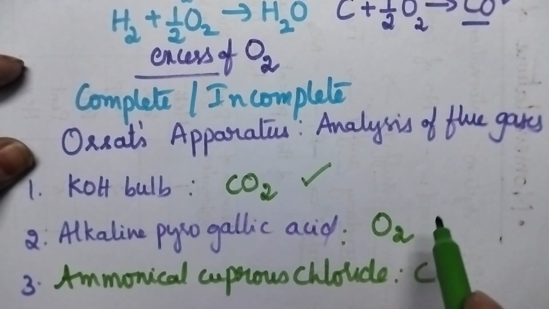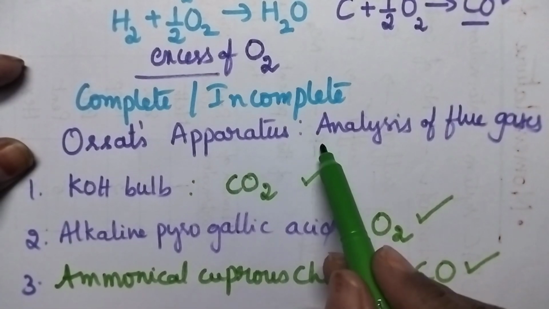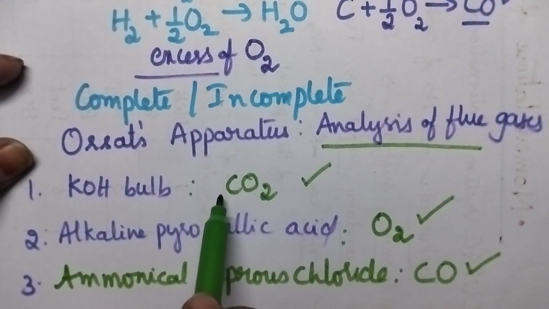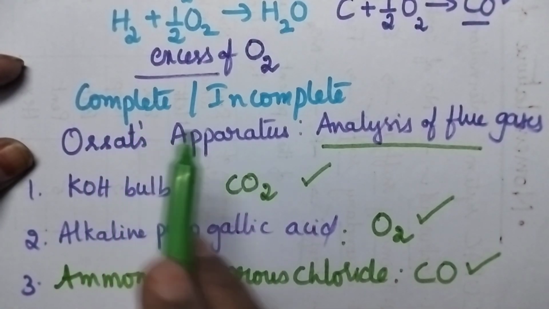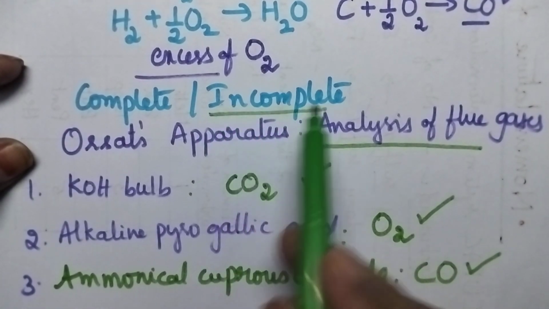So by knowing the volume of the carbon dioxide, oxygen or carbon monoxide absorbed in the respective bulbs, it is possible to predict whether the combustion product is complete or incomplete. If it contains only carbon dioxide, we can predict that the combustion process is complete. If the product contains CO, carbon monoxide, we can predict that the combustion process is